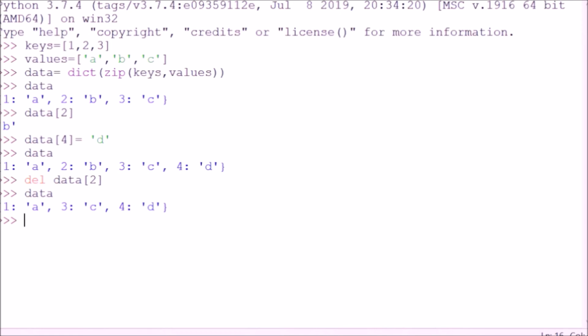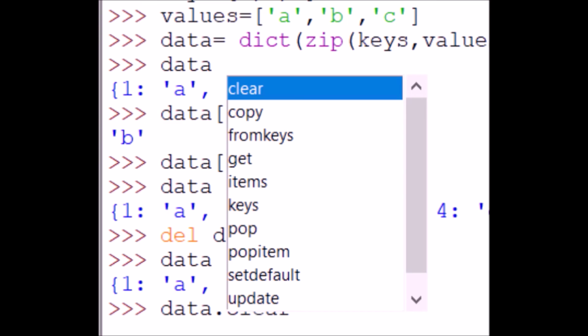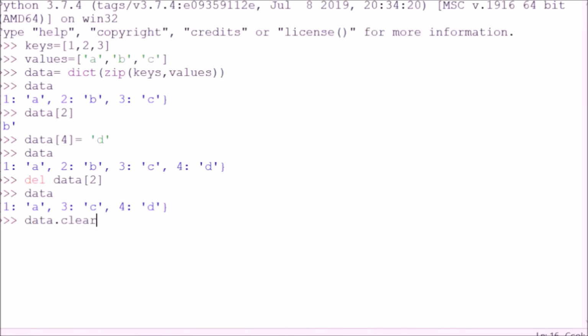Now there are also many functions like data dot, and if I wait some time there'll be a lot of functions. I'll make sure that I put the screenshot again. But you can see the functions like clear, copy, get, items, pop, setdefault, update, values, etc. Now what clear does is it directly clears the dictionary. Now we don't want to do that. You can try it out. Get is getting values, keys I'm going to talk about, pop is removing values, update is updating.